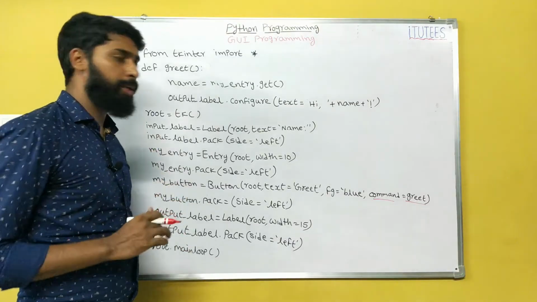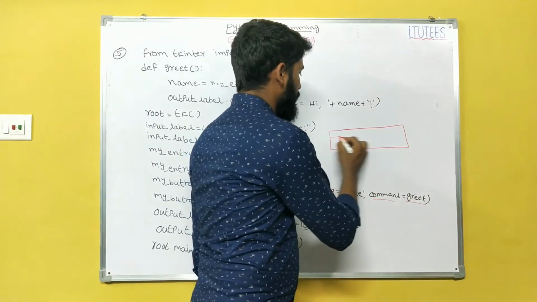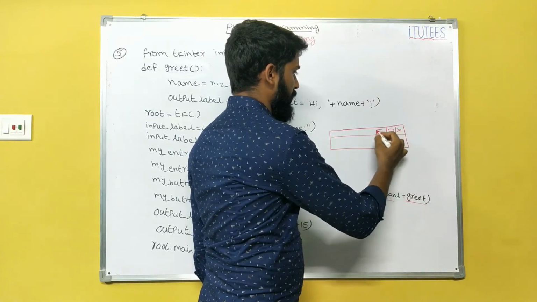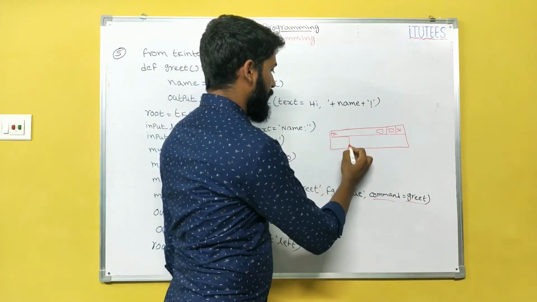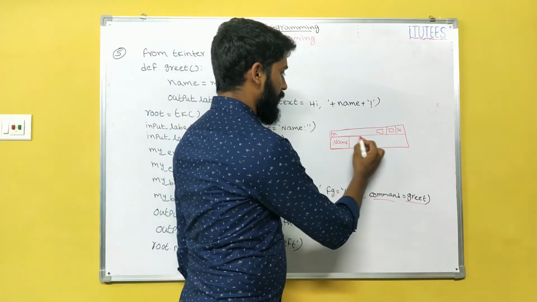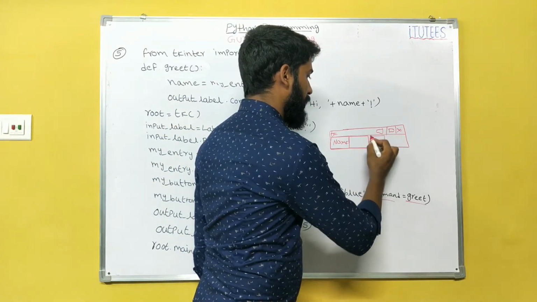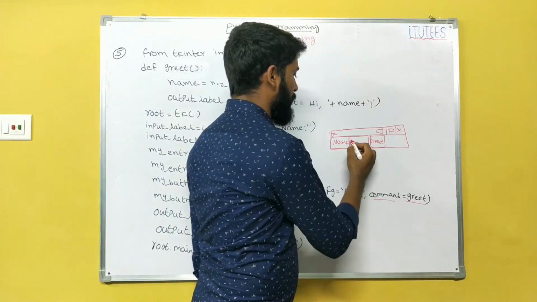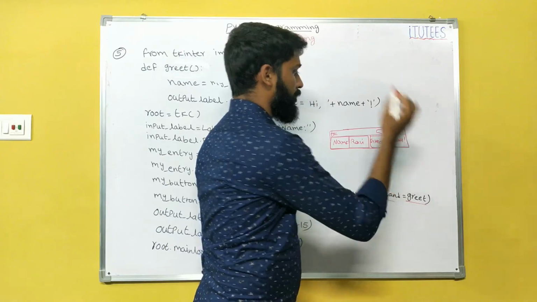Okay, so now we see another program. First we can see the output. In this window, this is the close, this is the minimize, maximize, tk. So this is the window. For this window, I want to append one label. On the label I print name. So this is the text box. In this text box I am going to enter something. After entering something, I press this button. After I press this button, it prints, for example here I enter Ravi, then it prints hi Ravi, exclamation.